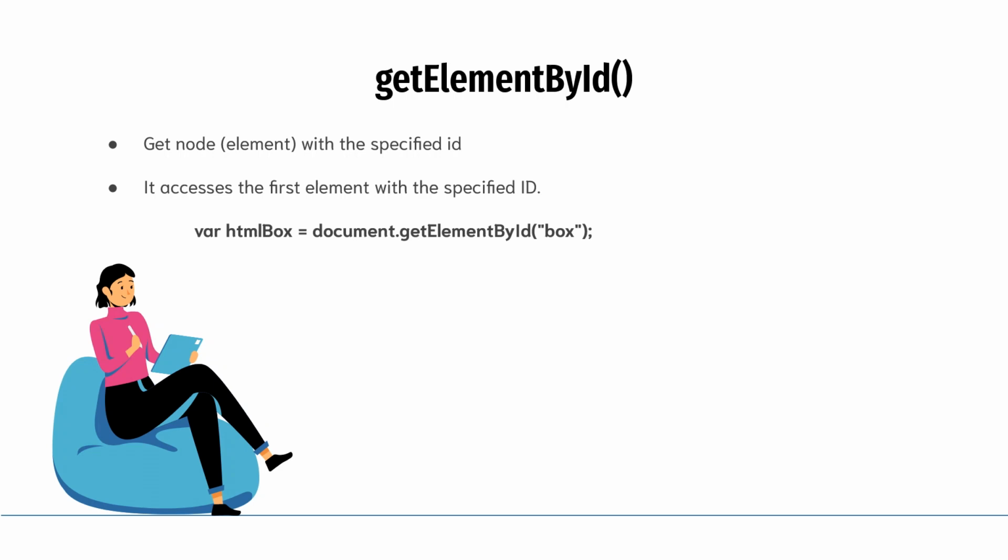Now once we get this element, we can do various manipulations on it. We can change its color, its border, its margin, we can delete that particular element from the web page, or we can add some children to it. Suppose it is a list, we can add list items to it, or we can remove some list items from it. Let me head over to my VS Code and I will show you how we can do this, and we can get some practice with this getElementById method.